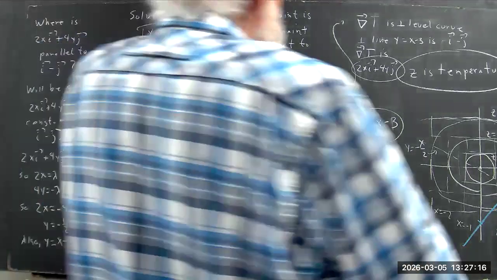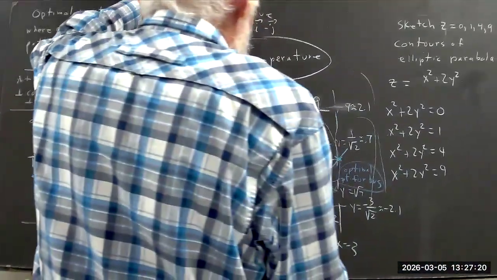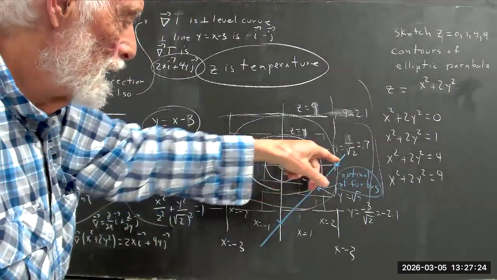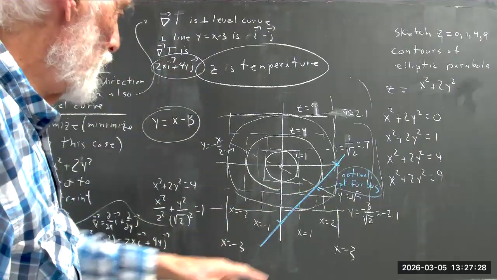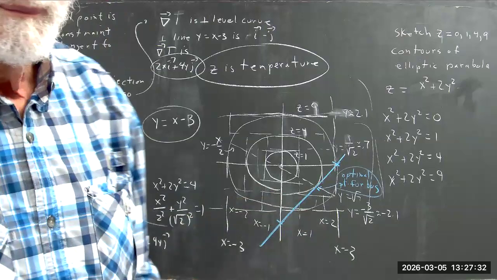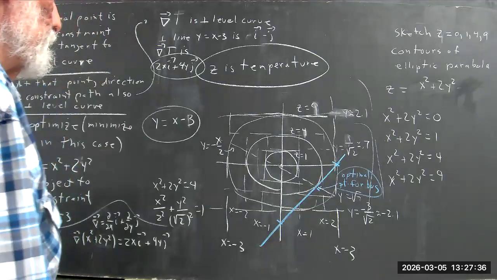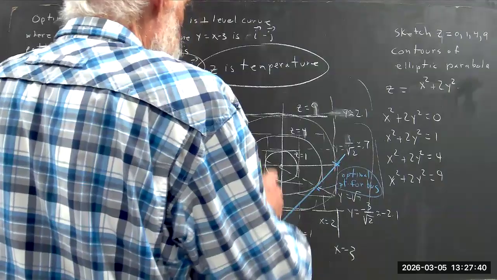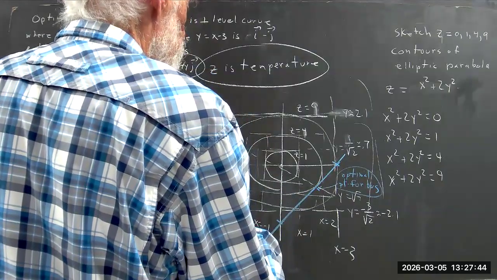So instead of hitting the z equals 4 curve, if everything was to scale, this would hit the z equals 6 curve, which is between z equals 4 and z equals 9. Okay, a little closer to the z equals 4 curve. So we'll indicate that. The z equals 6 curve